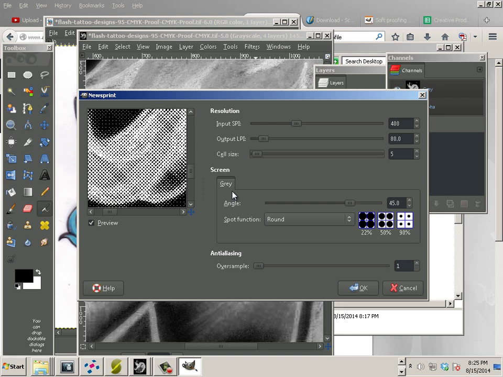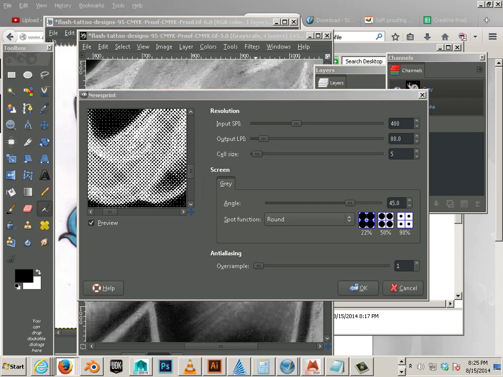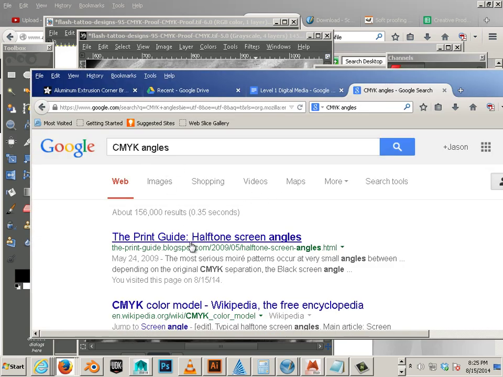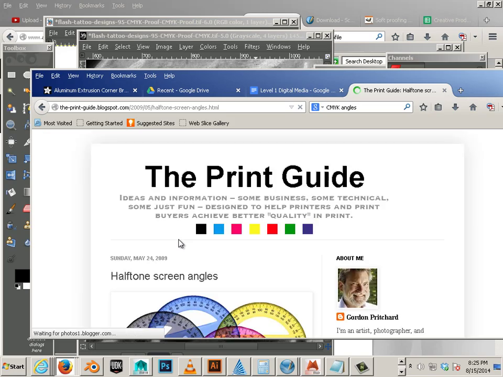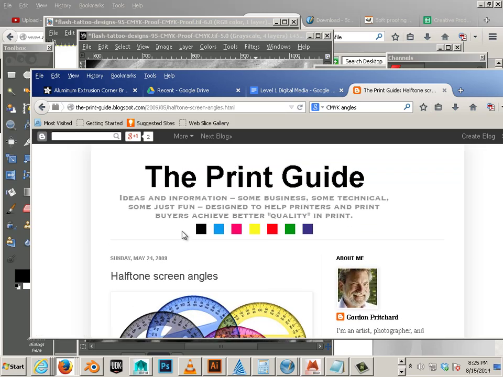Now here's the key. I need to know the angle of which CMYK is. And I'm pretty nerdy, but I have to look this up from time to time. So if you go to CMYK angles, the print guy halftone screen angles, you'll come across this one.